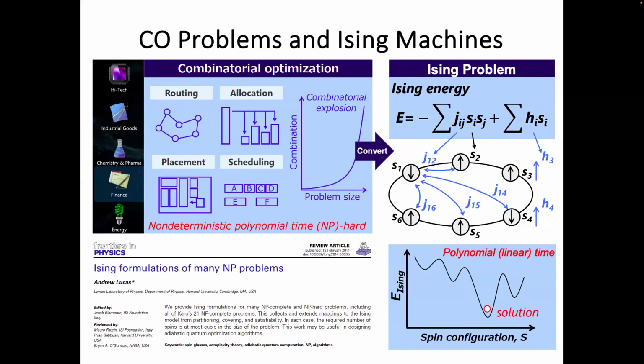And the idea is that you want to find some type of system in software or in hardware that can be governed by a Hamiltonian that you then program with a coupling matrix and maybe a local bias vector, and then you hope that your system will find the solution.